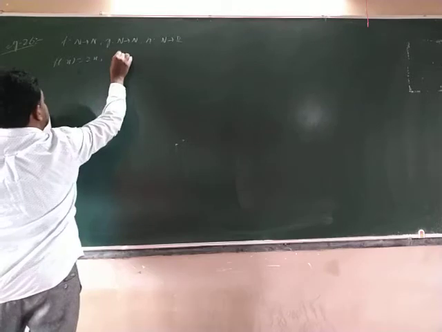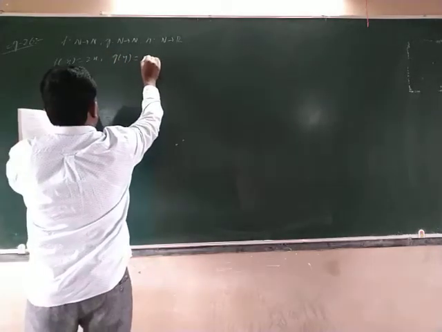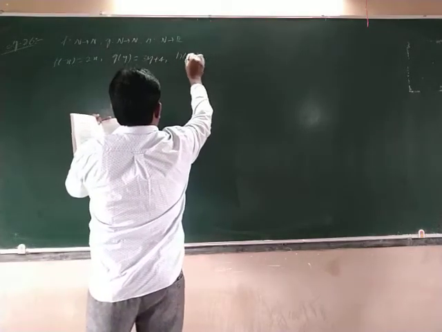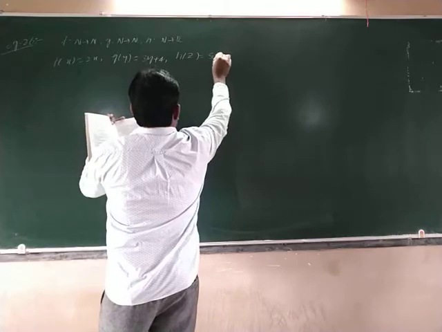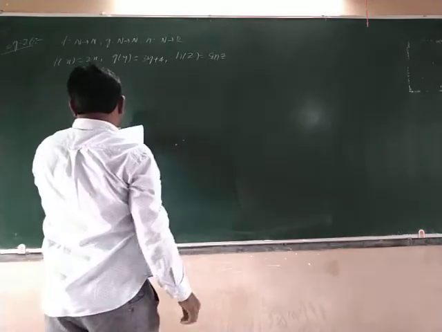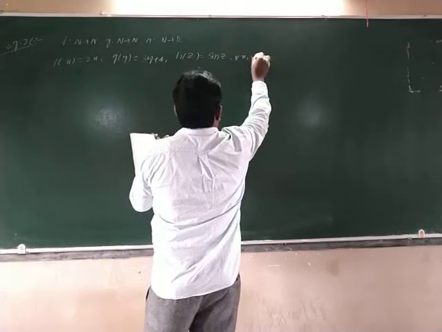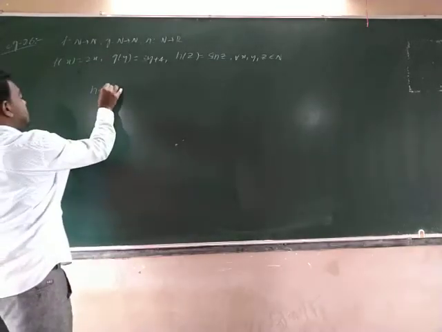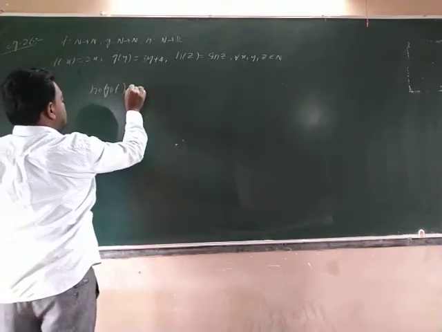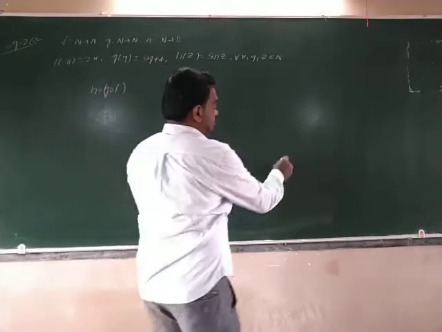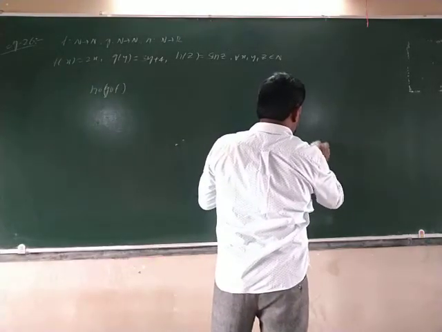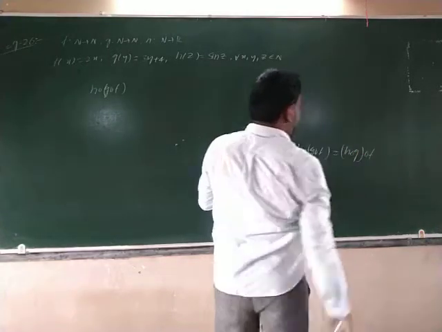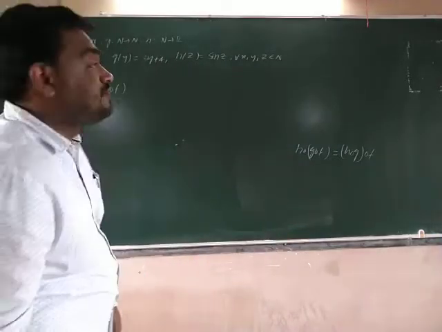G of y is equal to 3y plus 4. H of z is equal to sin z, for all x, y, z belonging to N. So that h circle of g circle f is equal to h circle g circle f. This is the question. Simple way to see,